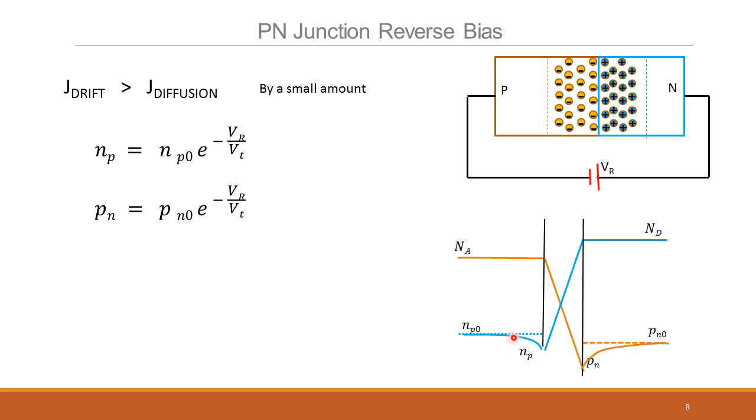The current will be in the opposite direction now. The electrons are swept across in this direction, so current is flowing this way. Similarly, holes will be swept across the junction and go this way, which means the current is from the N side to the P side. This is to be expected because we are putting a voltage source from the N side to the P side, and it has some positive resistance, not a negative resistance. So the majority carriers are now extracted from the bulk and given to the other side. Minority carriers are extracted from the bulk here and given to the other side.